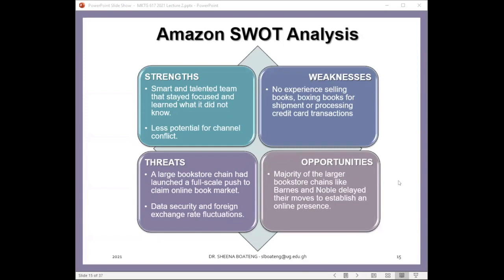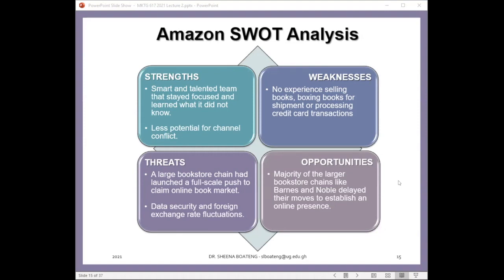Similarly, they were threatened by the issue of foreign exchange rate fluctuations, because like we learned last week, when you are dealing with e-marketing or selling online in general, you need to be cognizant of the fact that you are operating from a particular country or location that sells in one currency. However, you are selling to people in other parts of the world who use various other currencies, whose exchange rates are different from those of your currency. So you need to bear in mind the implications that these differences in foreign exchange will have on the prices of the products that you sell, as well as your general operations in dealing with these customers overseas, right?